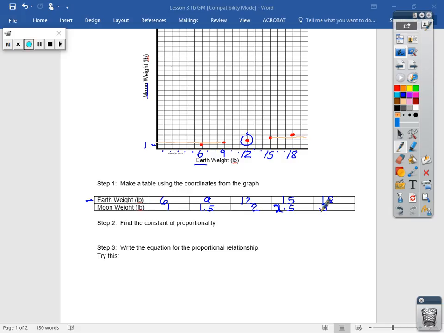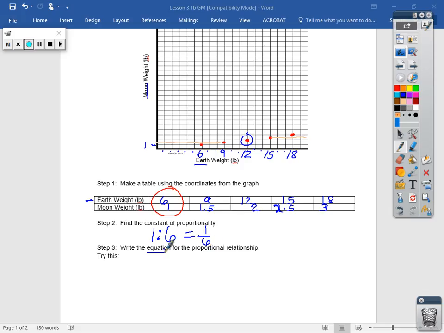Now we're going to find the constant of proportionality. I am going to use this number right here, and we are going to first write it as a ratio. So if we write this as a ratio, remember we're writing the weight of an object on the moon, so our moon weight is 1 to our weight of an object on the Earth, so it's 1 to 6. Now we turn around and we need to turn that into a fraction, 1/6. Remember, because it makes it so much easier to work with it in an equation,